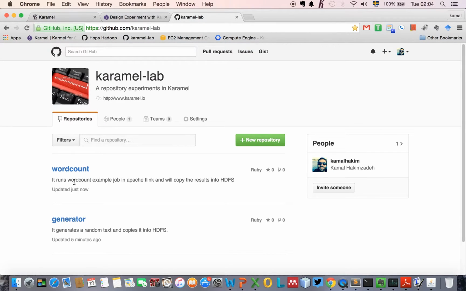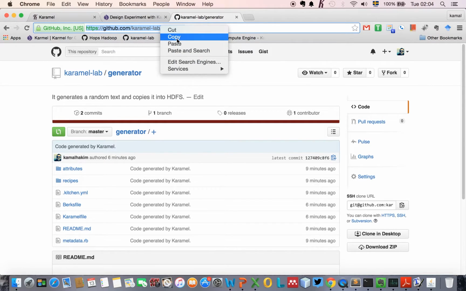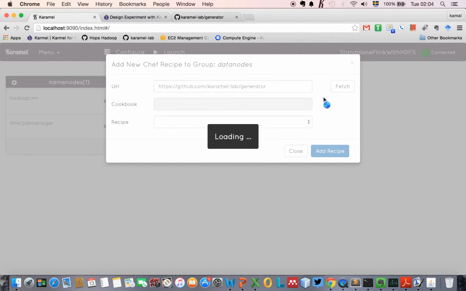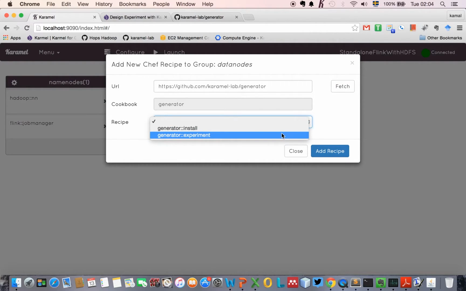If you go back to the generator folder, you can copy the URL of that and come back here and paste it into the URL text field, and then press fetch. When you press fetch, Karamel will fetch more information and the list of available recipes in that cookbook. So I'm gonna just pick the generator experiment and add it to this